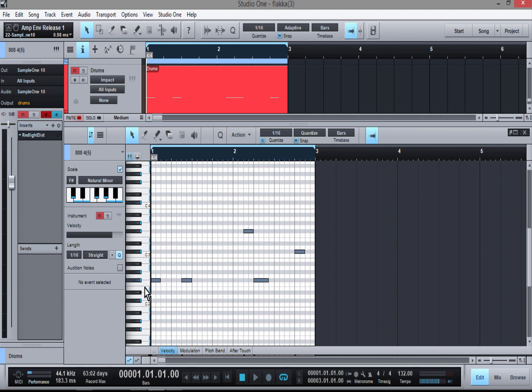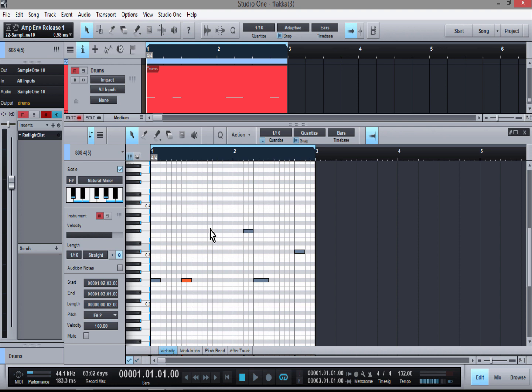So this really worked for me because, as you could see, what happens is it lights up the notes in the scale. And no matter where you click, like say you go to click on a note that isn't in the scale, it'll draw it on a note that is in the scale. You can't have a sour note. It just won't let me drop that note there. So that's one of the most powerful things I like about Studio One. I think that's why it's a great program for beginners. But anyhow,